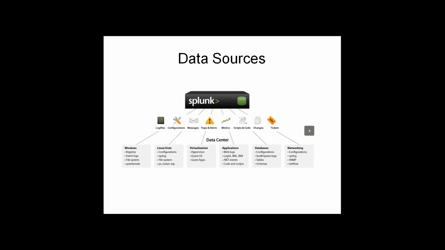In the same way, you can also provide logs from a Linux and Unix server to Splunk, such as configuration files, syslog, file system, and ps, iostat, top. It means in Linux or Unix, I don't know if you have an idea about Linux or Unix or not, but we have a lot of commands which do a lot of stuff.